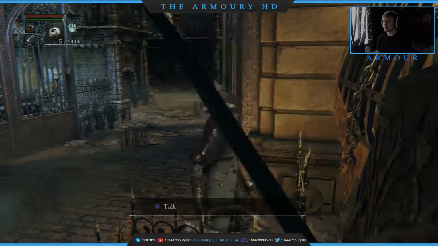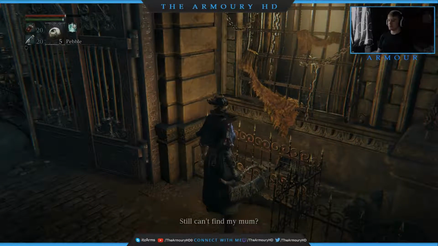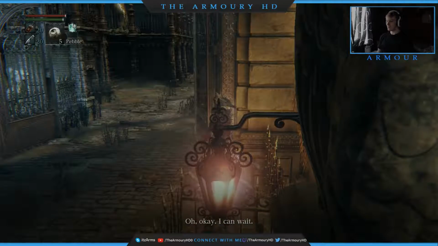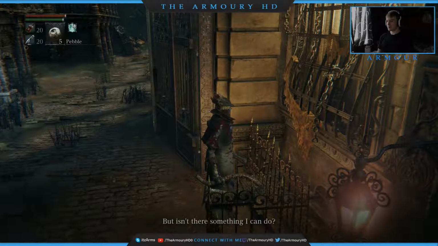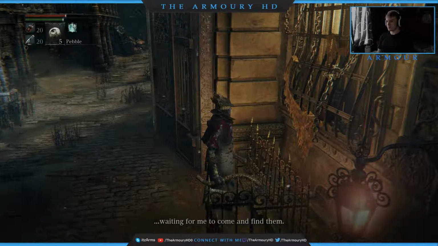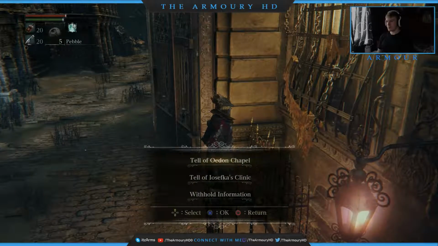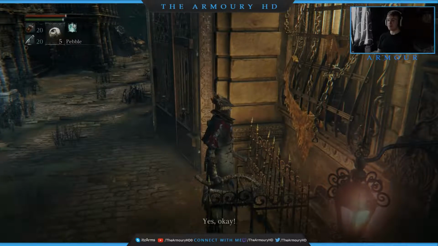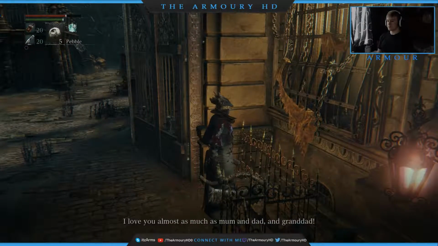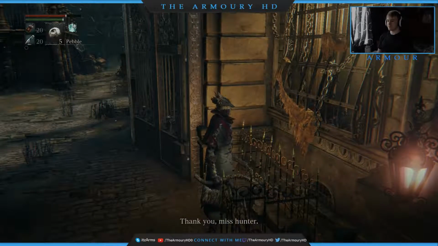Now we can speak with the girl. Hello, Miss Hunter. Still can't find my mum. Oh, okay. I can wait. But isn't there something I can do? Maybe Mum and Dad are stuck out there, waiting for me to come and find them. What do you think, Miss Hunter? So we're going to tell her. It's okay. Don't you, Miss Hunter? I love you almost as much as Mum and Dad. And Granddad. No. Don't you, Miss...